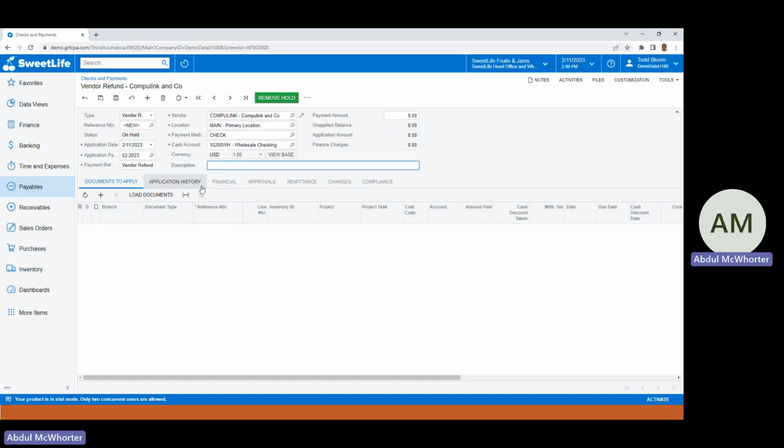Okay, and in the description, we'll call this vendor refund received. The payment amount we select in the summary area will be $25. That's what we received. So we tab through, select tab, and here you see the